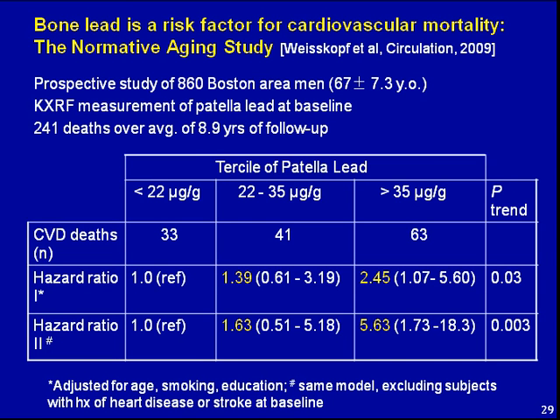So what they're showing here is that in the earlier study conducted in the 1990s, bone lead concentration was shown to be associated with hypertension. What they're showing as they follow these individuals later is that, not surprisingly, a risk factor that increases high blood pressure also is associated with an increased risk of death from cardiovascular disease.